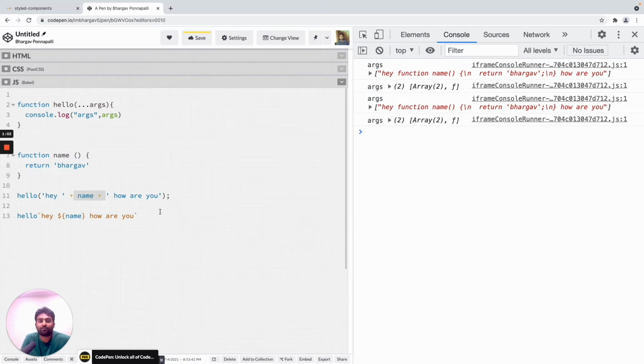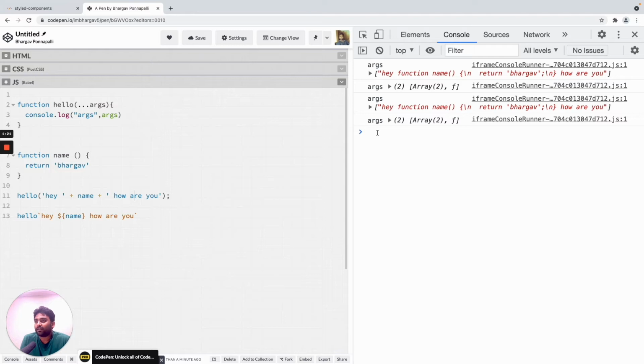We are trying to come up with an arbitrary scenario where we want this to be evaluated at a later point within the hello function, and we want to specify where this also sits. So basically, we want hello to grab the name function and use it at an appropriate time.